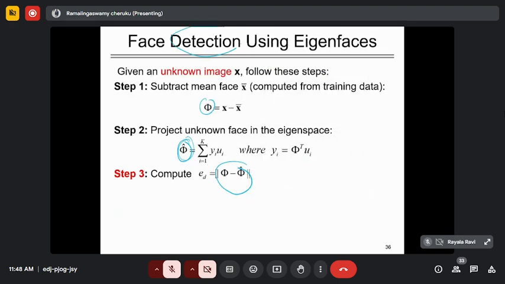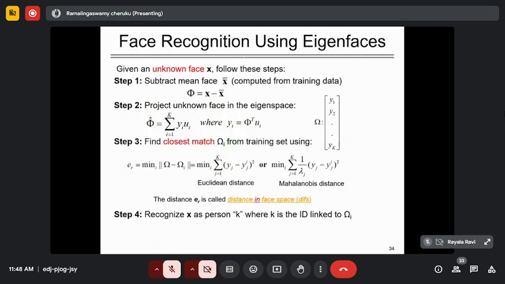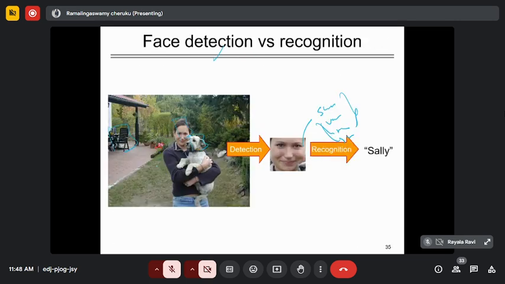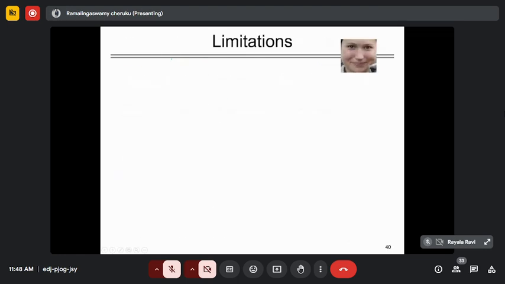And the face recognition. How do we do it? By finding the closest match, we can do the recognition. Slightly modifying this algorithm, we can use the approach for face detection also. So when I'm doing the PCA for face detection and face